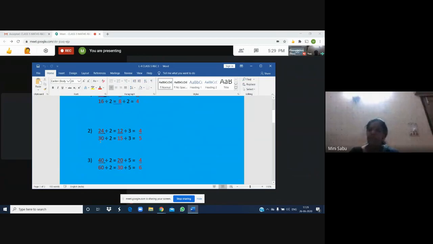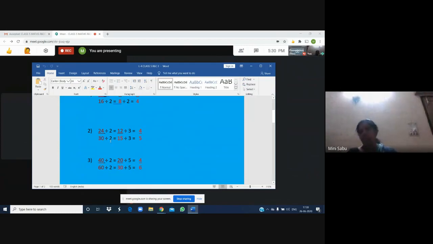Now let us take another example. 24 upon 30. The easiest number for beginners is 2. If it is divisible by 2, you divide by 2. You will get an equivalent fraction. After doing so many questions, you will become an expert. Then you can take big numbers also. There is no harm. 24, you know, is an even number, so it is divisible by 2. 30 is also an even number.